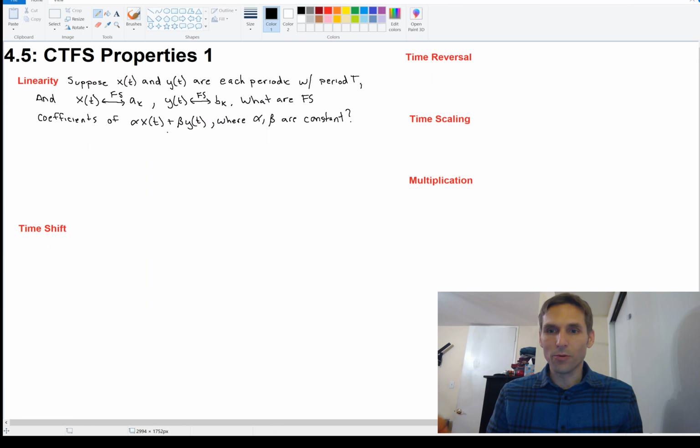Hey, welcome back. So we've been talking about the continuous time Fourier series and calculating it. Now, in reality, we don't usually calculate these things. We have computer programs that do this for us. Chips actually will do this for us. But nevertheless, it's important to see how these things are calculated for basic shapes like square waves and triangle